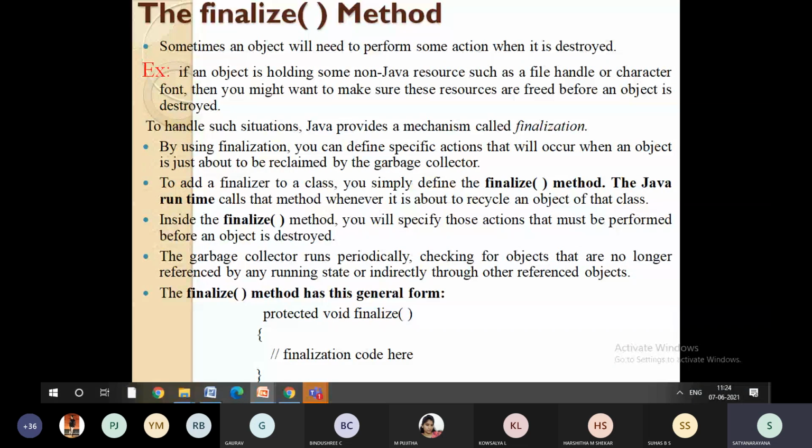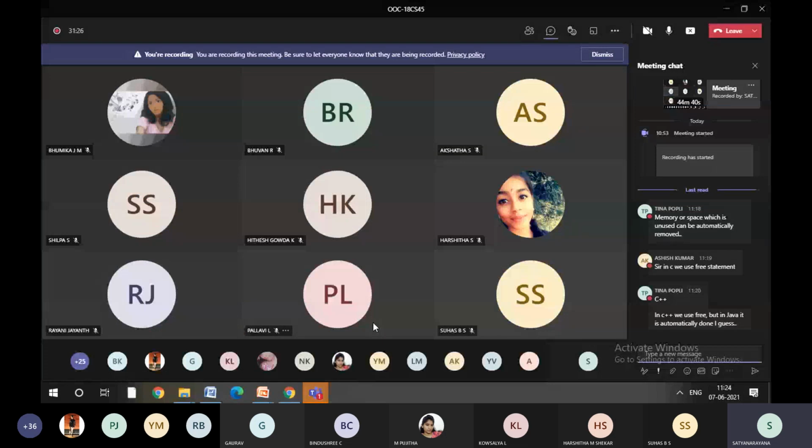So basically what I mean to say here is the moment you declare the objects and variables, memory space will be allocated. Once you have used them, it needs to be freed. Again, when you want them, we need to reallocate the space. This is automated in Java by using the concept called garbage collectors.